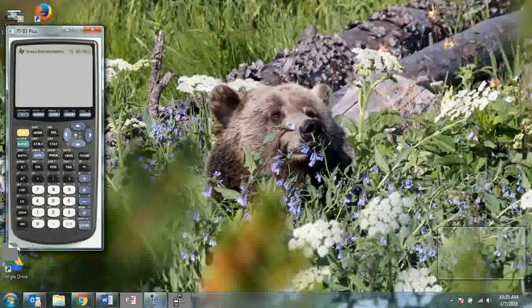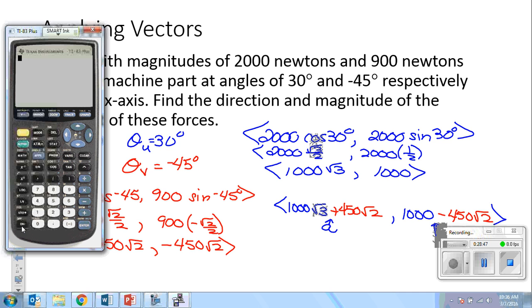Calculator on. Make sure it is in degree mode. We'll work with degrees this time around. So we're going to take 1000 times the square root of 3, and we're going to add 450 times the square root of 2. Let me put a parenthesis here. That should be a plus, right? Not a times. All right, so 1000 square roots of 3 plus 450 square roots of 2. When we press enter, you get